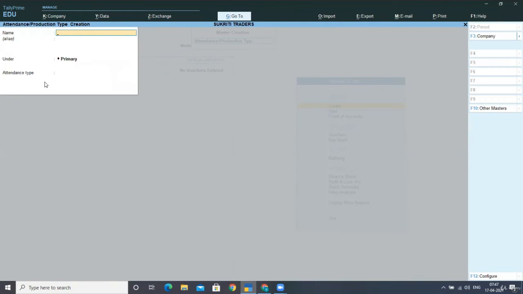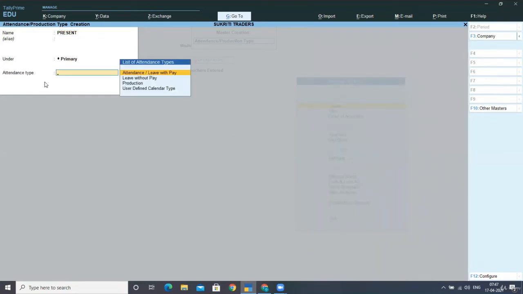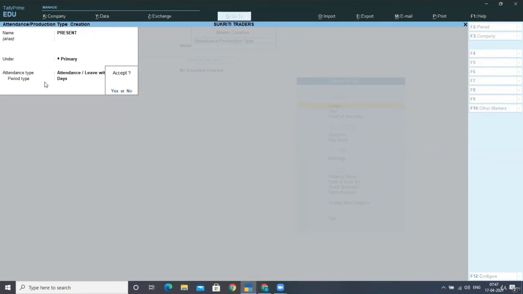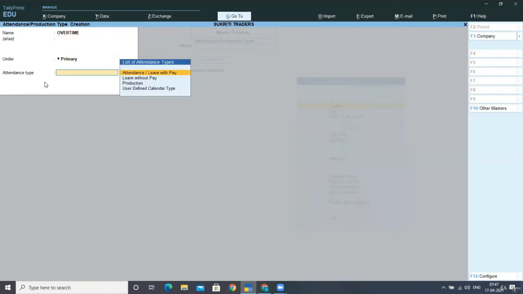For attendance details, what I am doing is I am creating 2 types of attendance types. First, I am creating present for marking their attendance, and I am selecting here under attendance or leave with pay, like we have to pay for this present option. Now the next I am making is for overtime, to pay the overtime workers, and I am taking it under